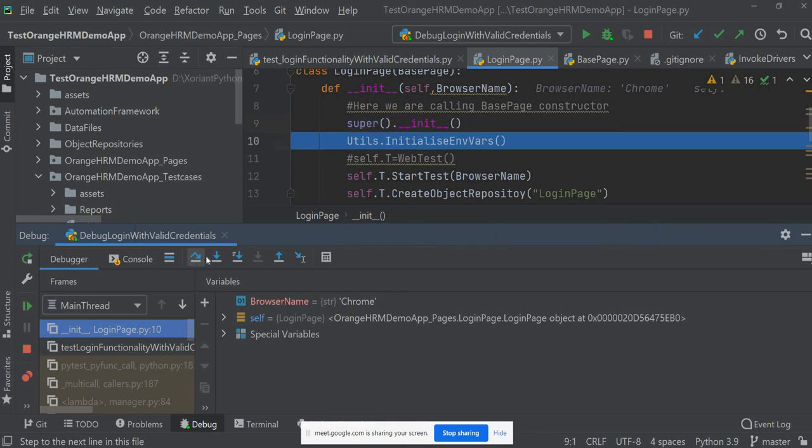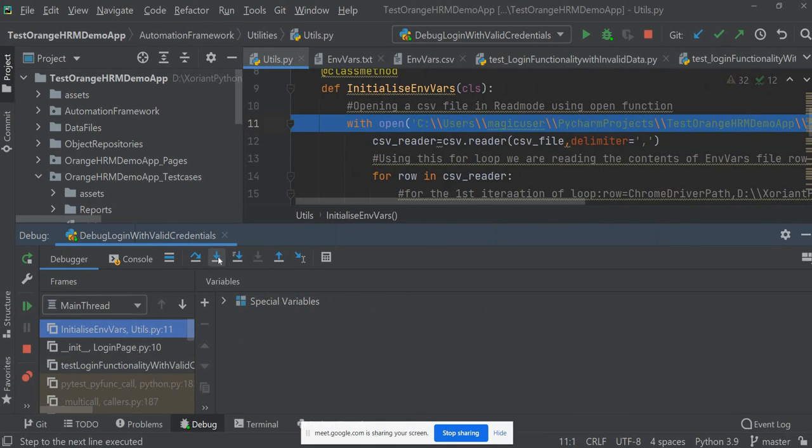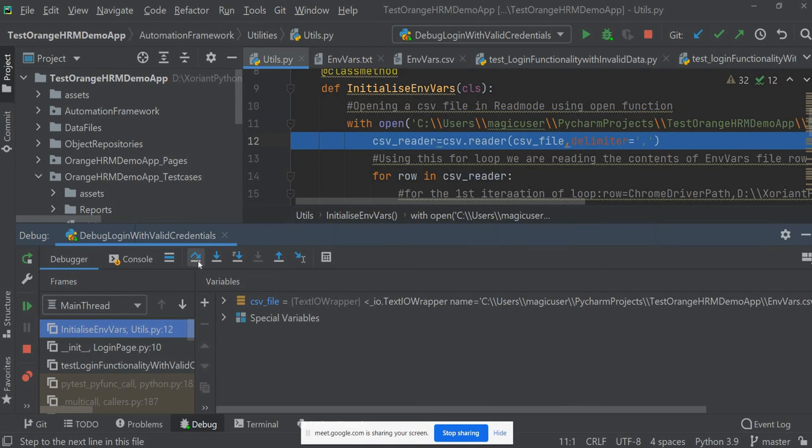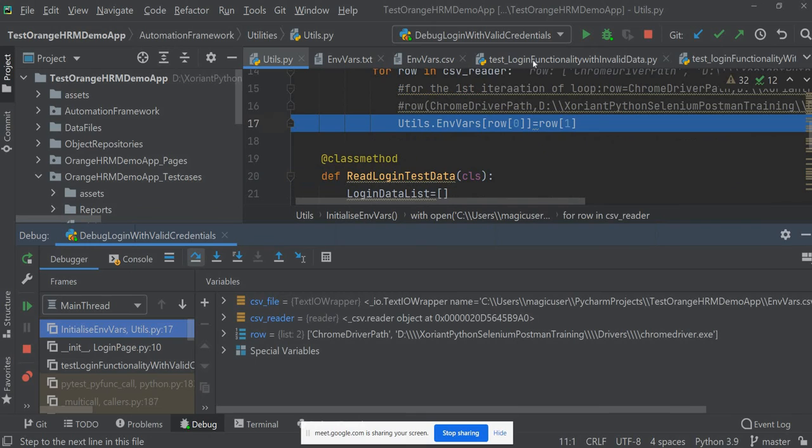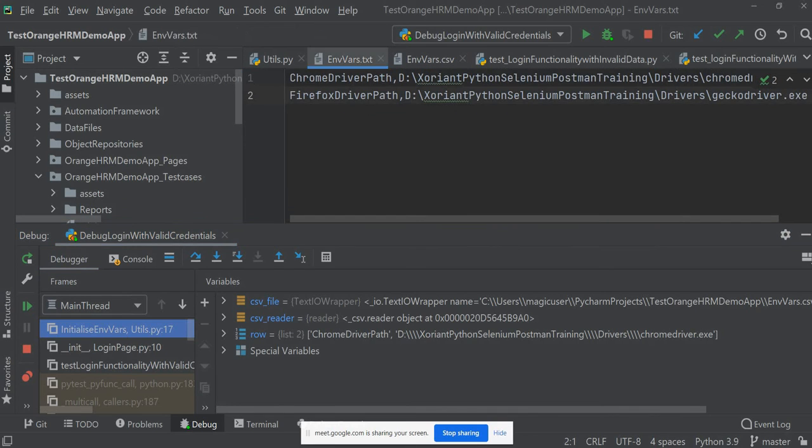Then here let's do step into again, initialize env vars. Here our file is getting read line by line, and it is creating a dictionary having these settings stored in key value pairs. So this is key, and this is value. That is how they are getting stored.